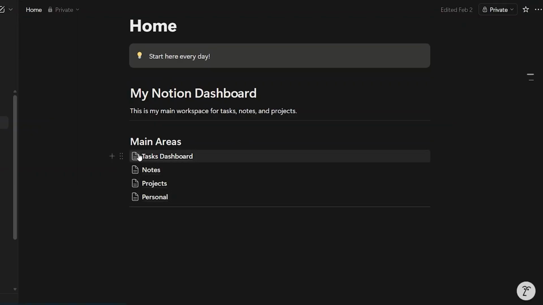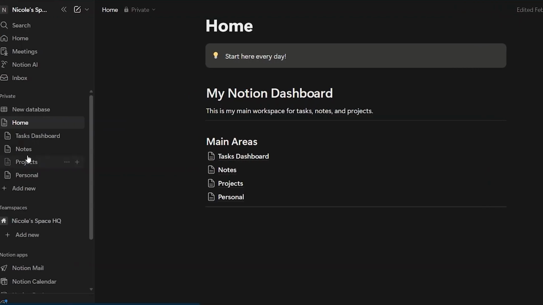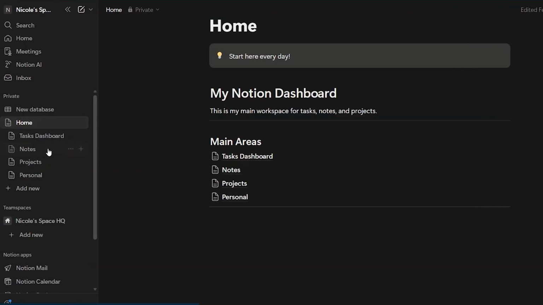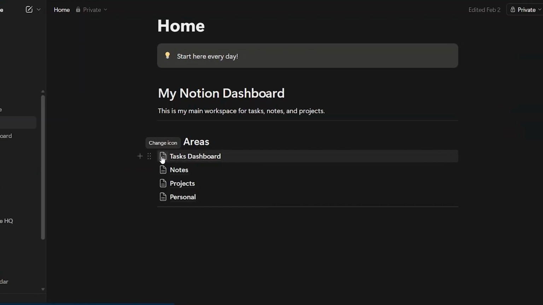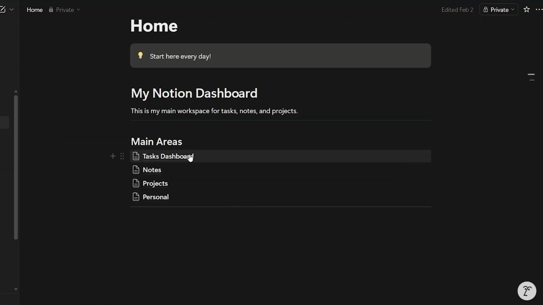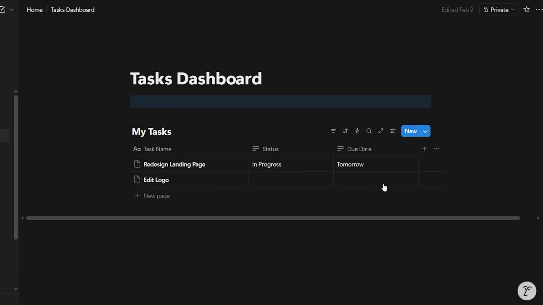For example, I have a task dashboard and notes page, a projects page, and a personal page. And these are all independent pages. And then when I click on one of these, that page opens up. That page is going to be this one, and then the notes page, this one, and so on. So if I go to any of these pages, it has more divisions. So if I click on the tasks page, it has a table with